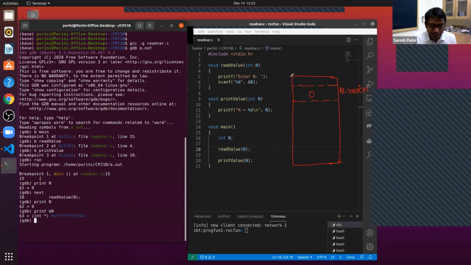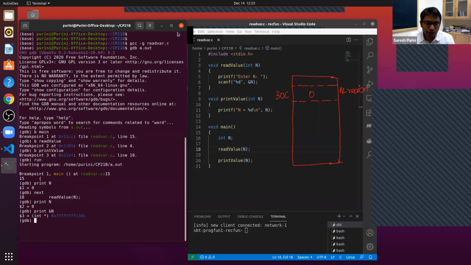And what is the address associated with this? I will just focus on the last 3 digits: 30C is the address of this variable. Are you all with me? You should also make a note of it in your book.